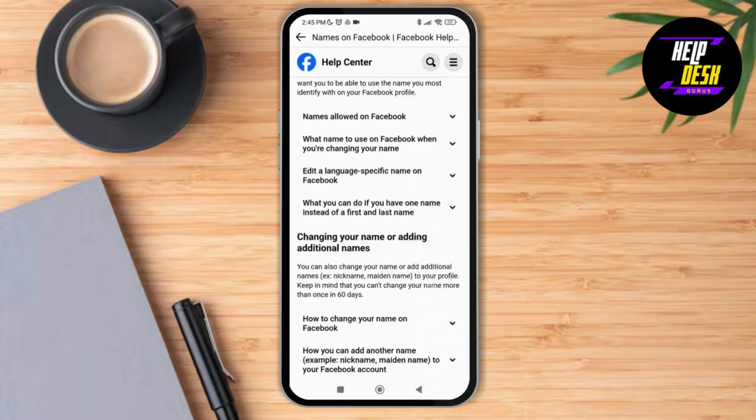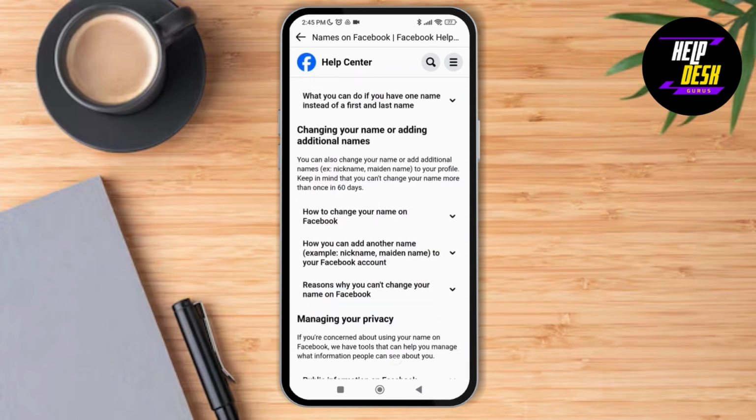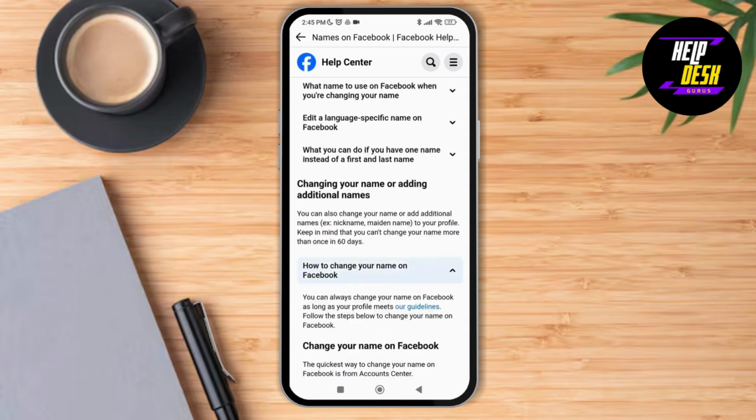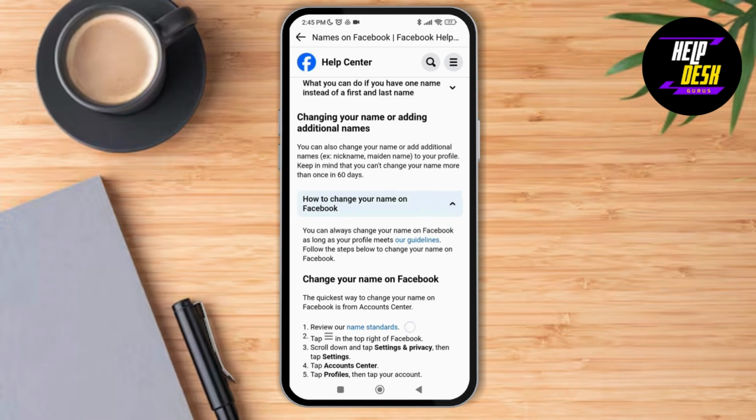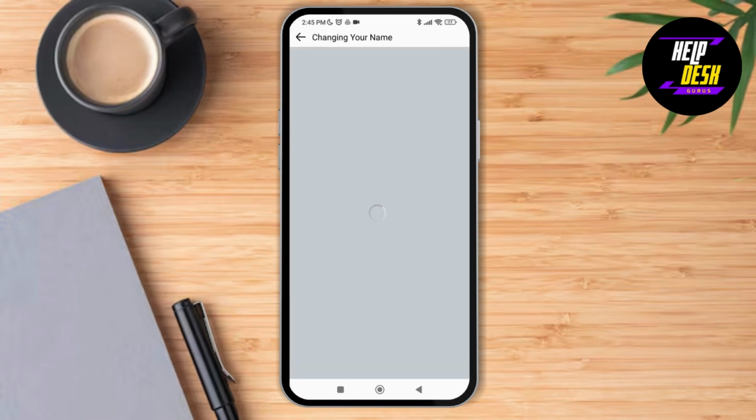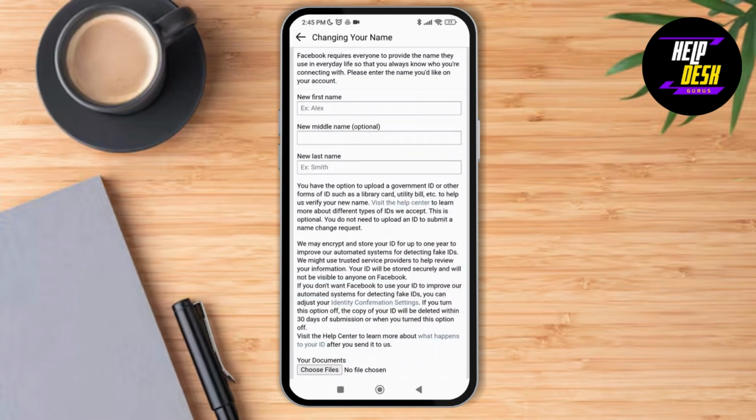So just scroll down and all you have to do is tap on the option of how to change your name on Facebook. So just tap on the arrow down button and then scroll down and then tap on this Let Us Know option. As you do that, it will land you to a new page where you can change